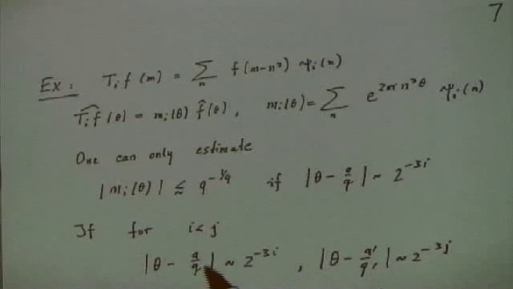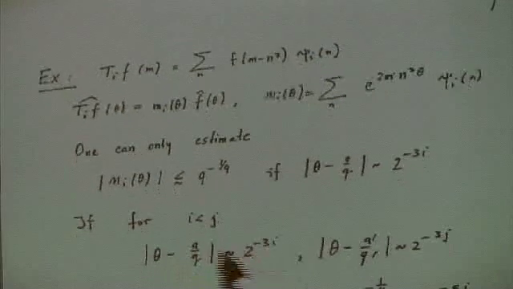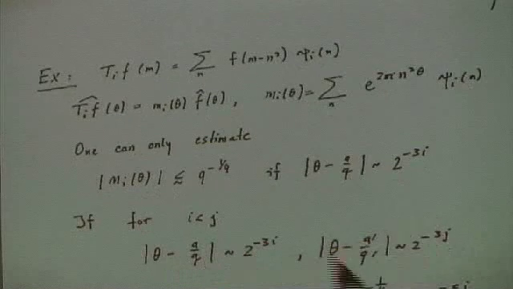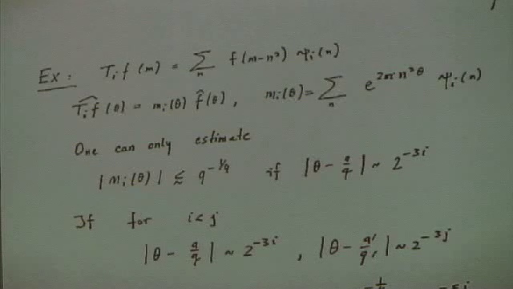If you fix, say, a rational a over q_i, so you have one fixed rational here, and you look at the other j's where this happens, those denominators are actually exponentially increasing, a lacunary sequence. So actually you get the same estimate if you multiply m_i theta with the sum of all the other m_j theta, where j is bigger than i. You still get the same estimate as if you would just multiply it with 1. And that's the thing we want to exploit here.